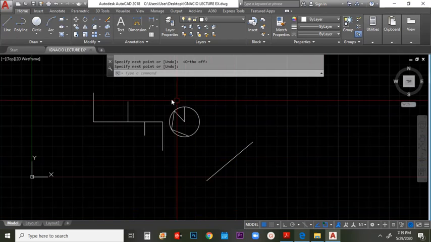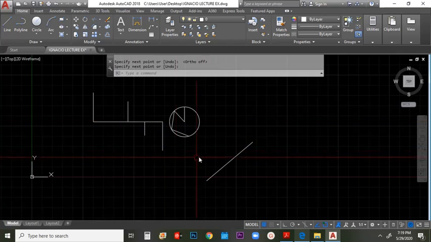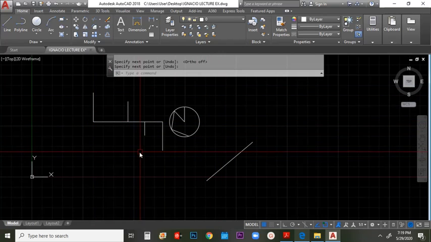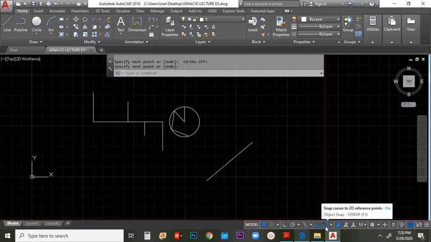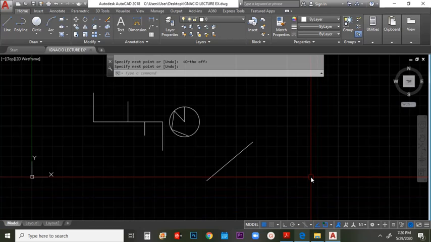This pertains to the snap points which we have discussed earlier. F3 corresponds to turning on and off your OSNAPs. But since we are to perform an activity, be sure your OSNAP is always on. So that's about it.